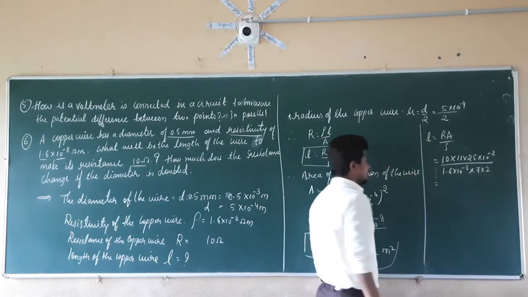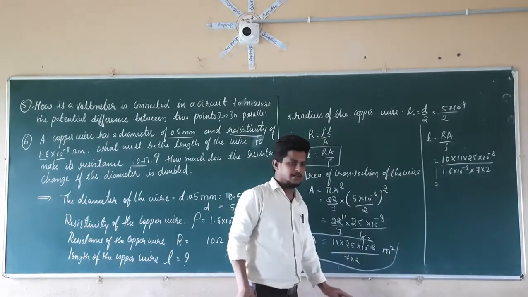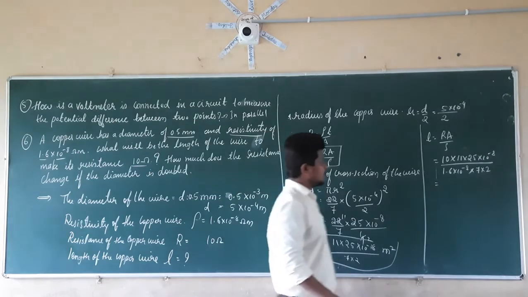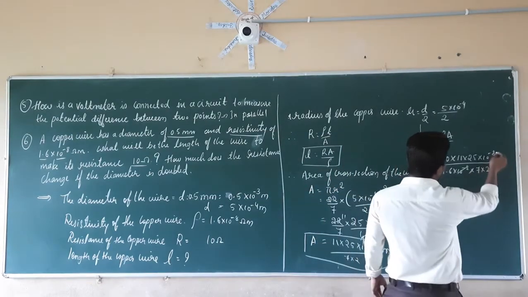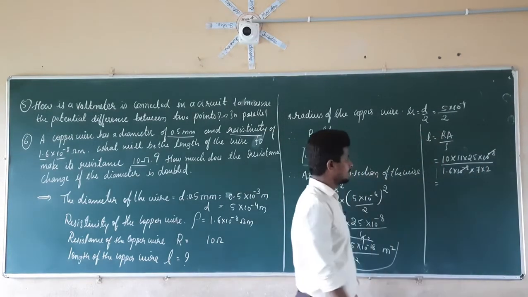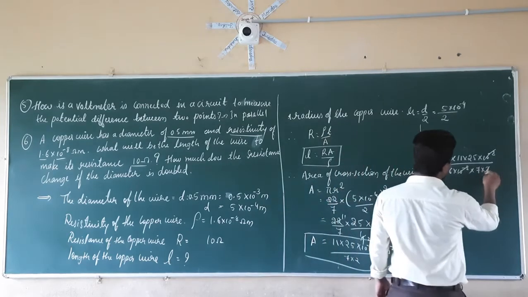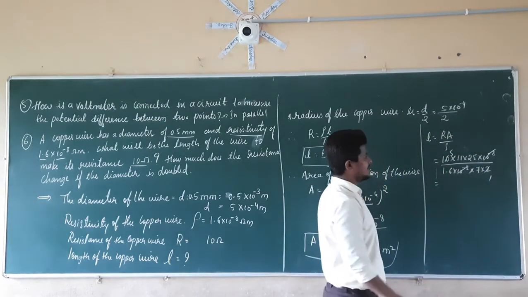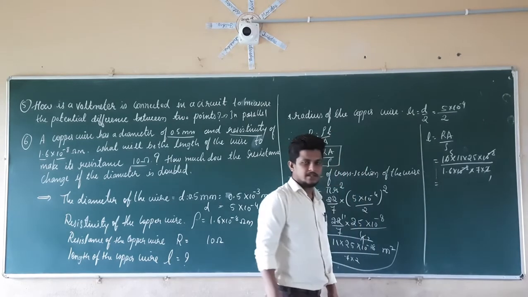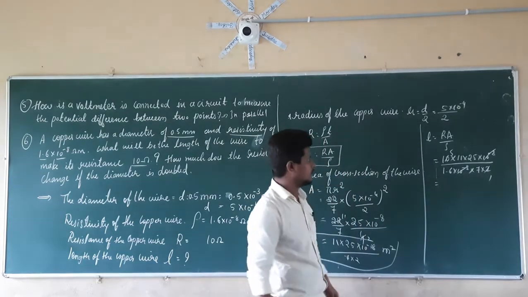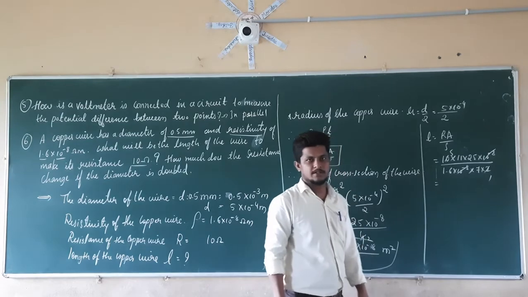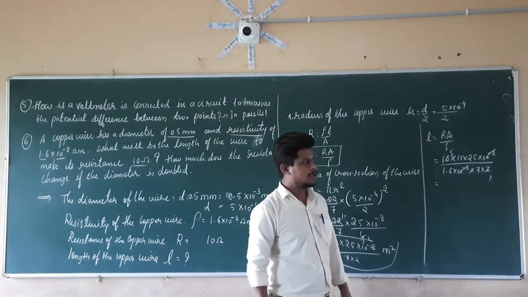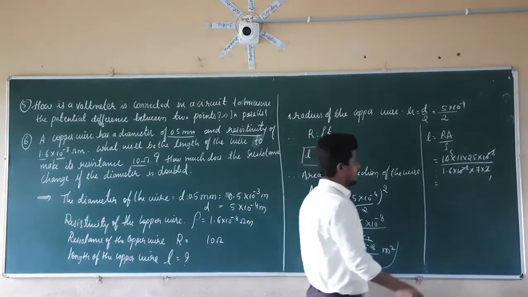Why 7 into 2 here? It is the area of cross section, so I am going to write those things. So now see here, 10 raised to minus 8 and 10 raised to minus 8 get cancelled. 2 1s are 2, 2 5s are 10, right? So it is going to give us the value of 25 11s are 275. So 275 5s are how much? 275 5s are equal to 1375.